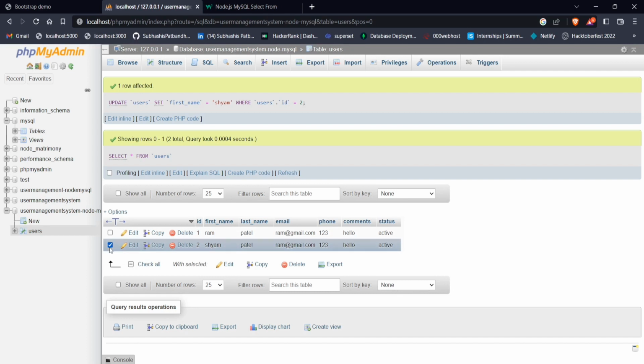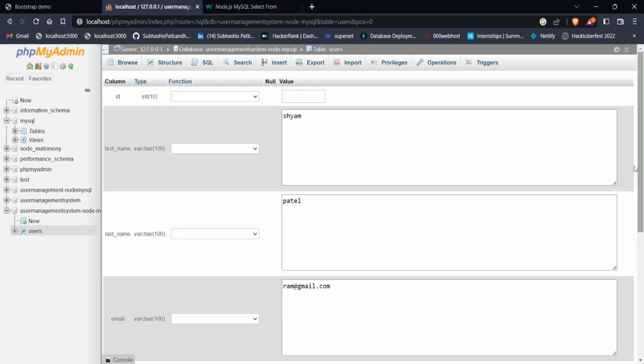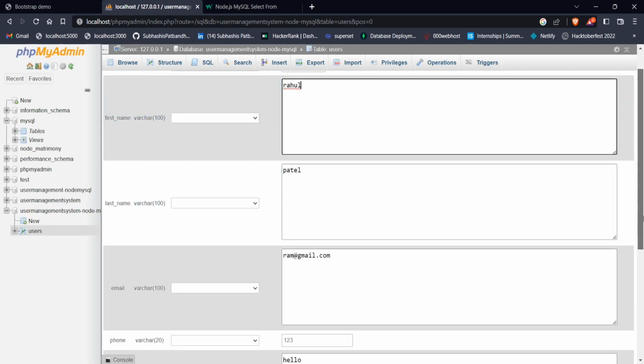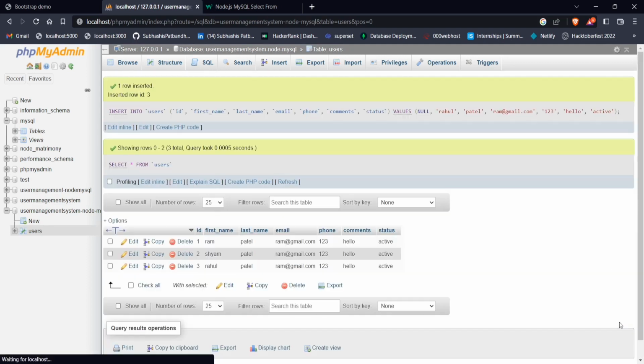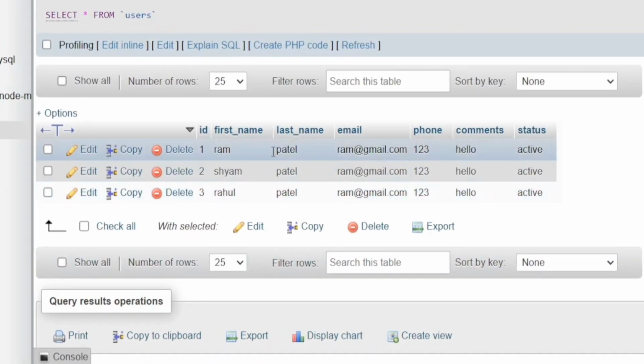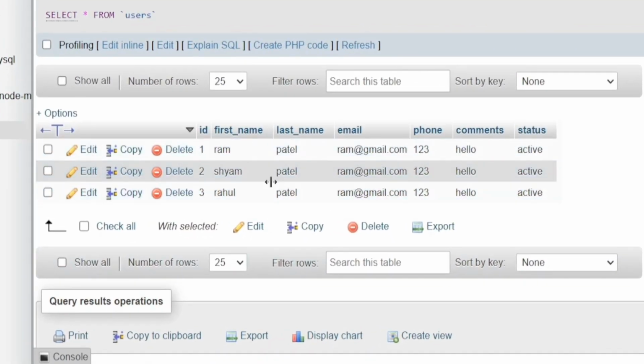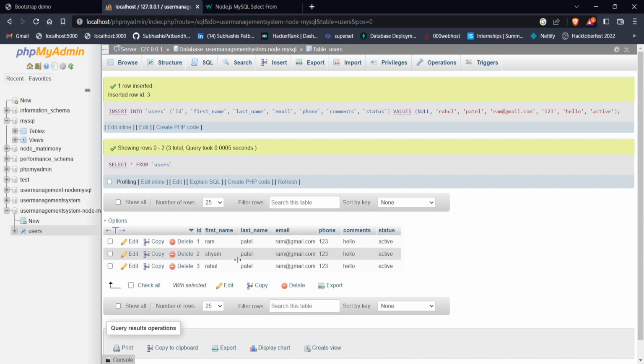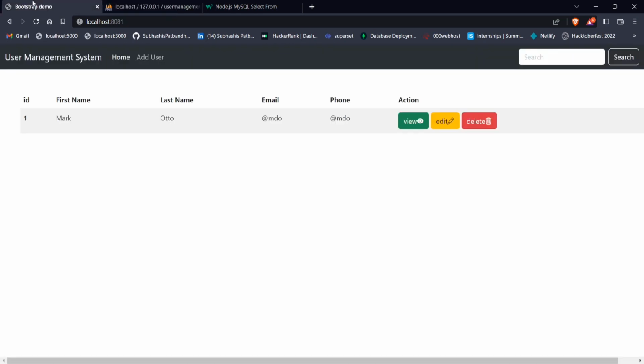Then we can add another user, just copy it, and instead of Shyam we can here write it as Rahul, then save it again. And as you can see, we have created 3 users in our database. So let's show them in our web page. So for that, what we need to do is